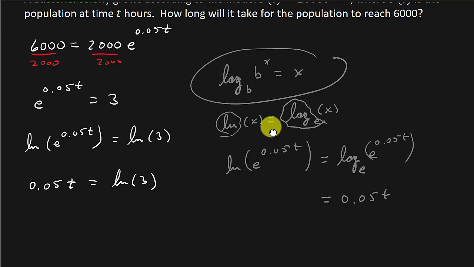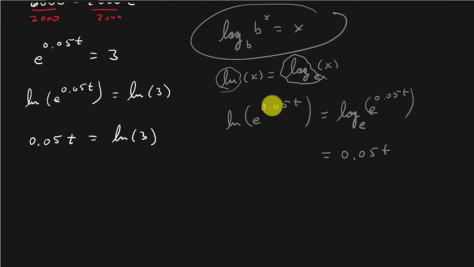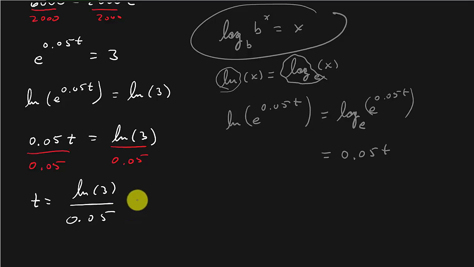All right, and so now we're going to divide both sides by 0.05. And so we get t is equal to the natural log of 3 over 0.05. And so that is going to give us t is equal to, let's see, natural log of 3 divided by 0.05, and that is